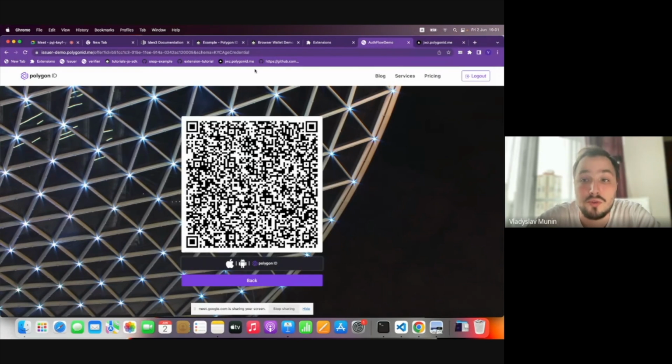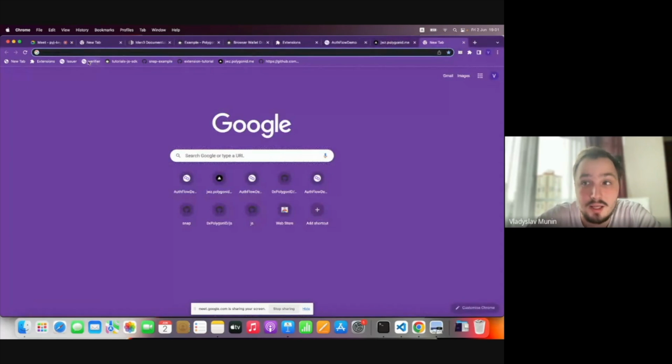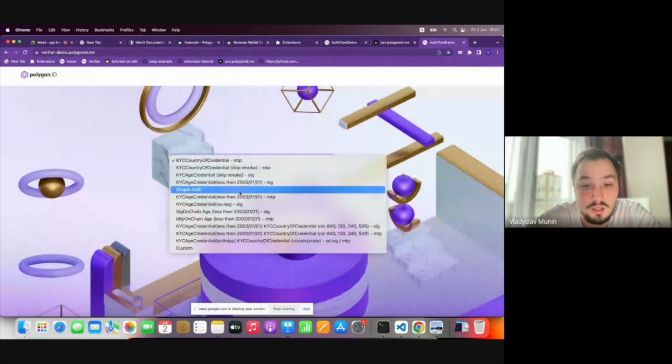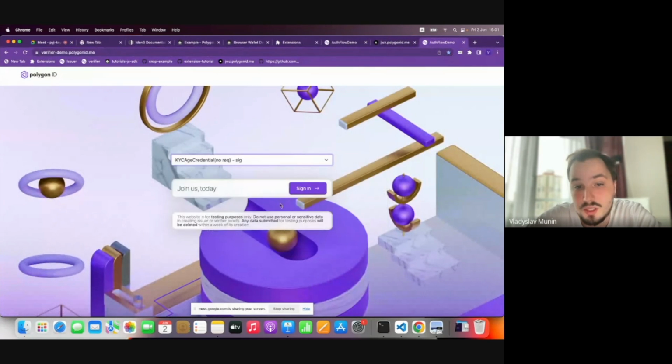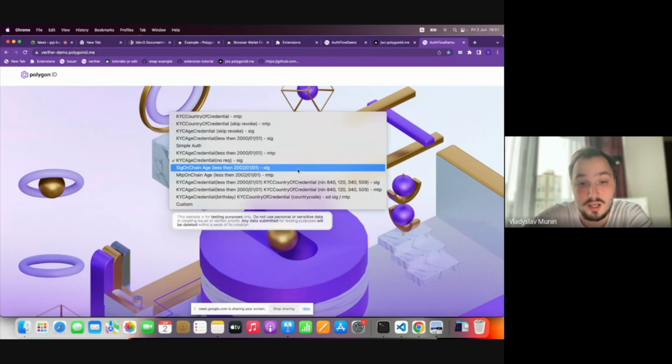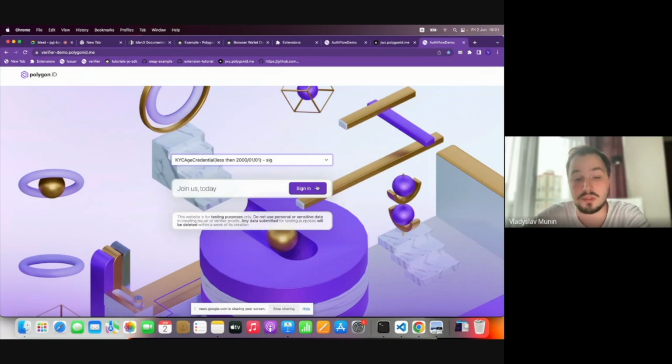Then we can go to the verifier itself and log in with a request for a proof that my identity has a KYC credential, and for example, that the age is older than